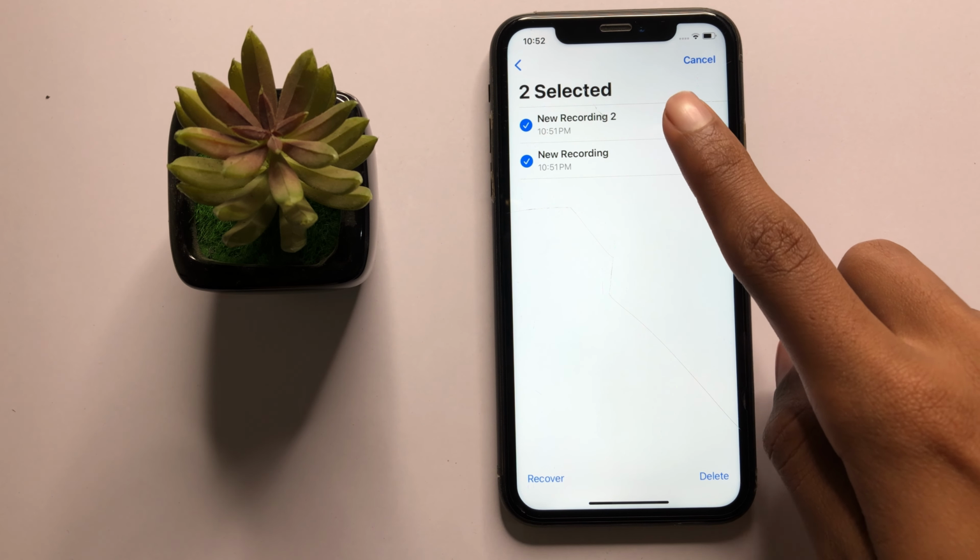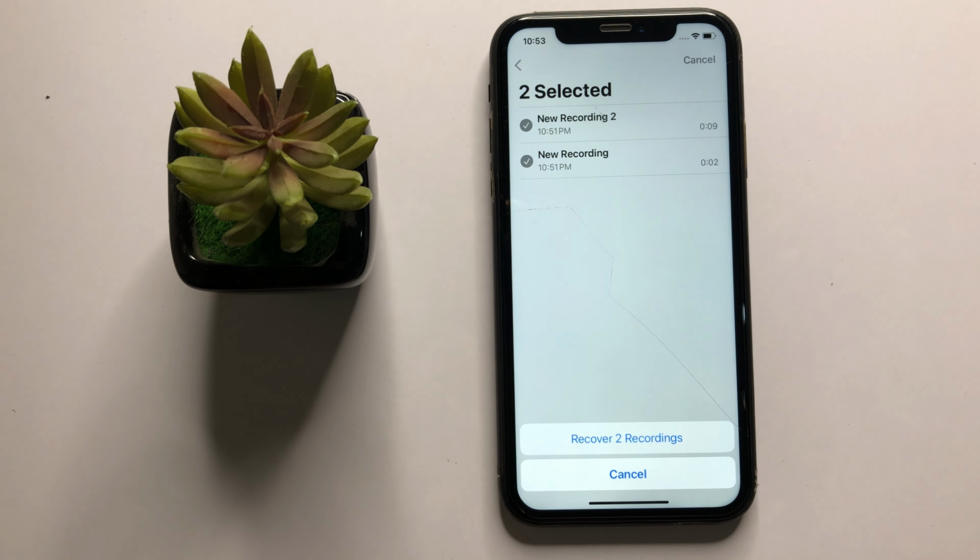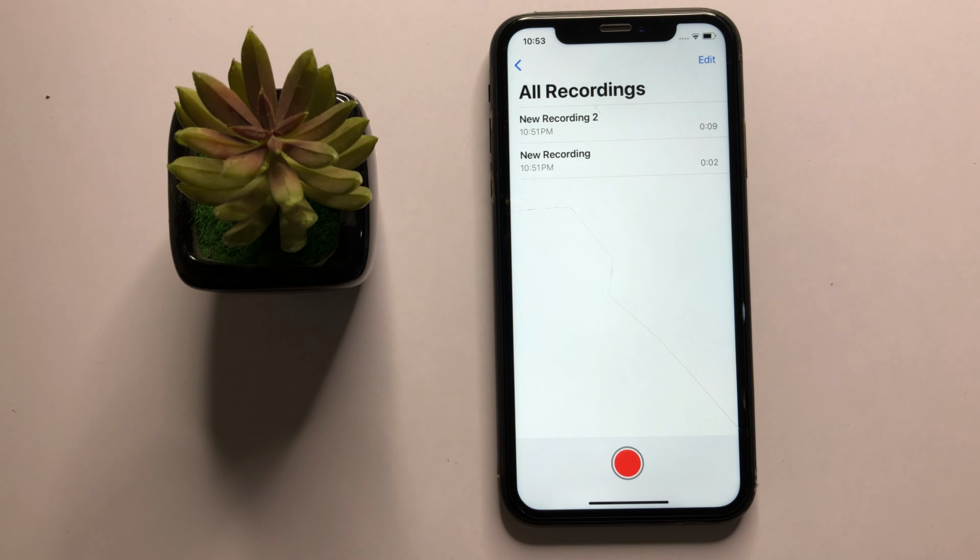Now select our voice memos, and here you can see the option recover. Now simply click on recover and then again click on recover to recordings. So this is the way to find and restore deleted voice memos in iPhone